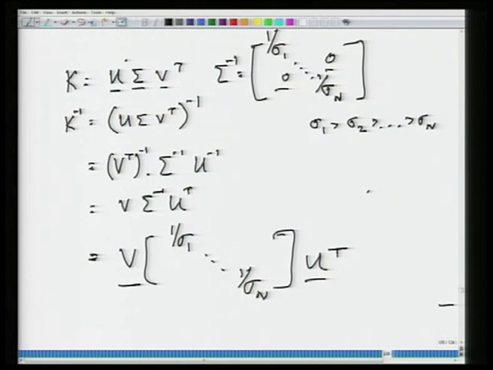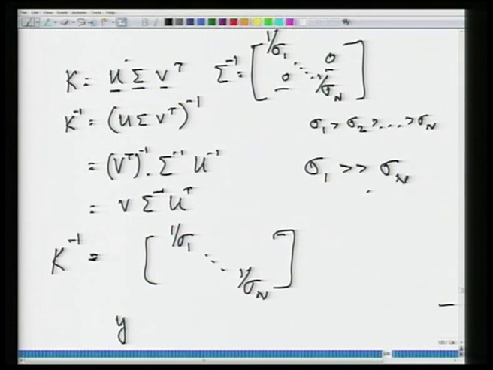What I wanted to say was, when you are inverting the matrix, this actually shows it quite clearly. You are multiplying by 1 by sigma 1, 1 by sigma n and so on and so forth. Sigmas are called the singular values. Without going into too much theory, the point I was trying to make is, even if you take a decoupled system where everything is diagonal, and let us say these are identity matrices, then K inverse is this. Now, if sigma 1 is much greater than sigma n,